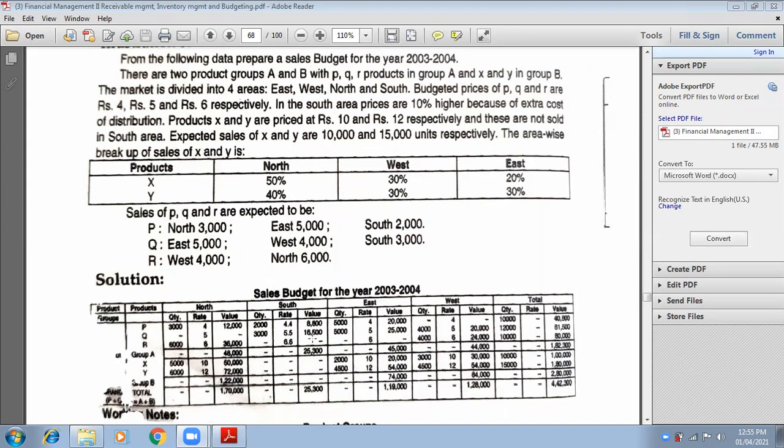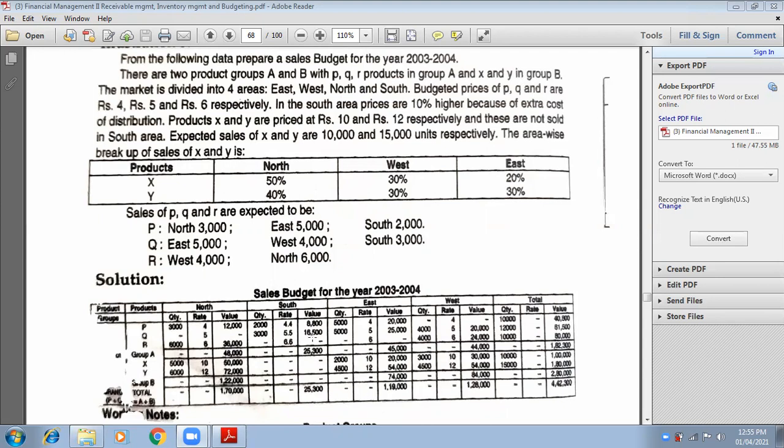What is the total quantity of total column and total value of total column? 10 plus 12 plus 10, it becomes 32, right? Yes, ma'am, no need to do it on the calculator, it is 32. And what about amount? 40,800, 61,500 and 60,000. So the total is? 1,62,300. Very good.